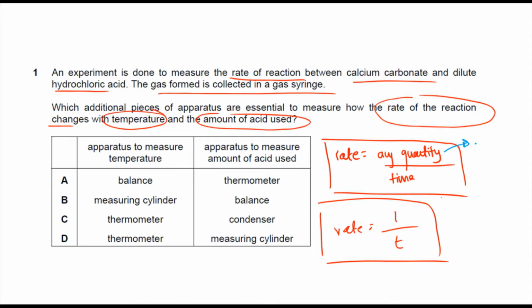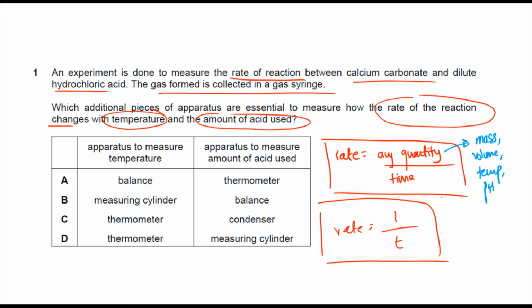This can be, let's say, the mass of the reactant as it decreases. It can be the volume of the product, if it's a gas being formed. It can be the temperature change, even pH. There's no limit to these quantities. As long as it is changing with time, you can use it to find the rate. So I had to just clarify कि rate of reaction का असल में मतलब क्या होता है. ठीक है. अच्छा, हमने अब apparatus को देखना है, कौन सा हम temperature के लिए यूज करेंगे, कौन सा amount